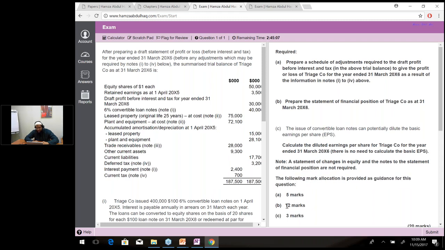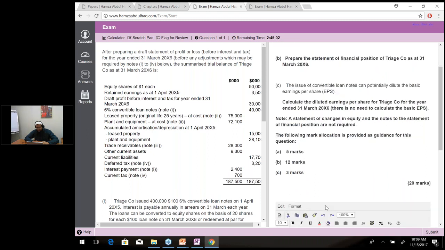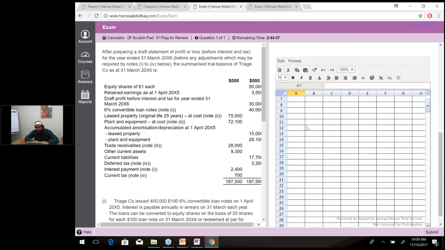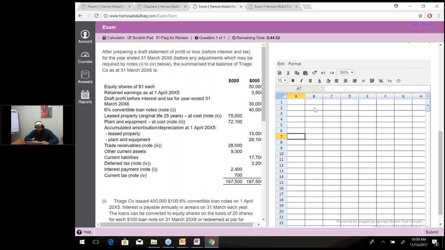Part A is of 5 marks, part B is of 12 marks, and part C is of 3 marks, and the total marks is 20, and we are going to solve this question on a spreadsheet question. So what practice can we make for a spreadsheet question is that I'm leaving 4 lines for the working,